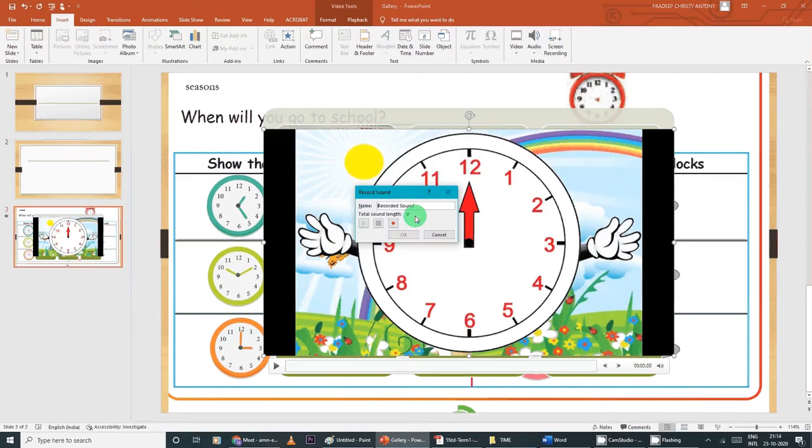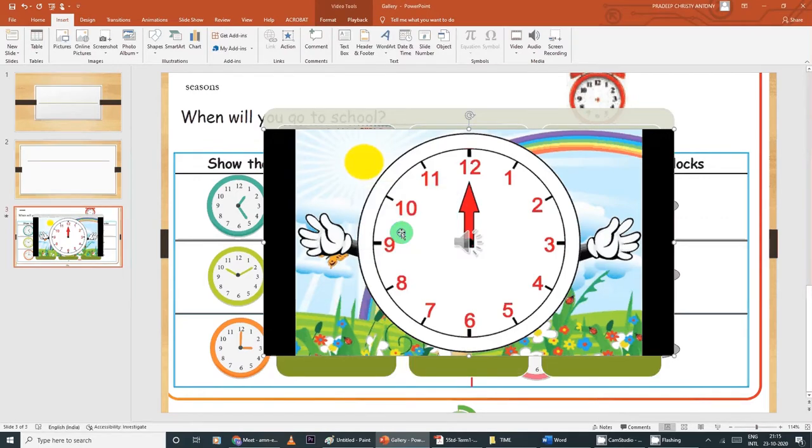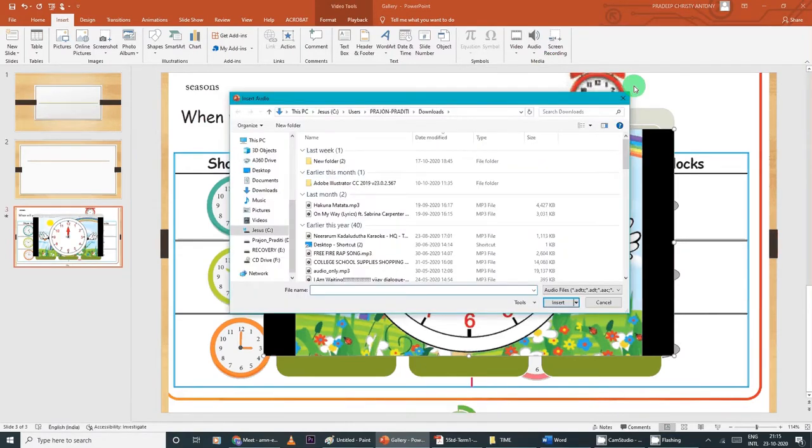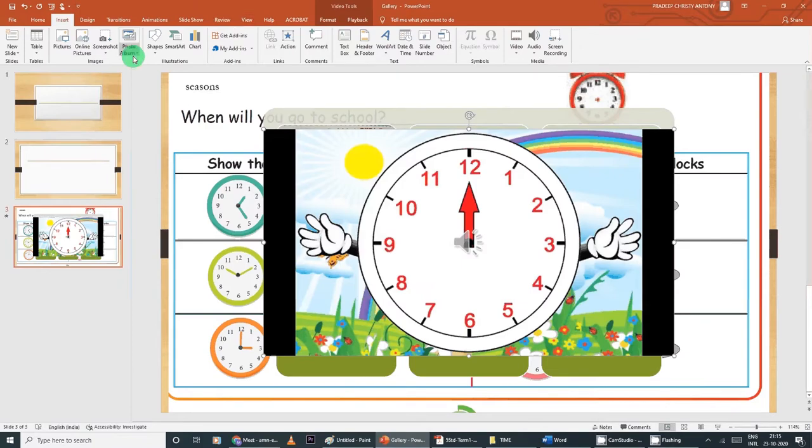record audio. So you can press here. So like that, if you want to record, pre-record, you can record it and then stop and then you give OK. So when you press OK, you can see the symbol. Will be there during the class, during the slideshow, you can play that. So this is about audio on my PC. If you have already recorded, it will be in your PC. You can go and select it from your PC. So this is about the important things that you can use under insert for our PPTs.